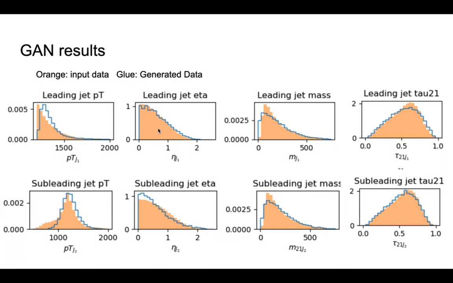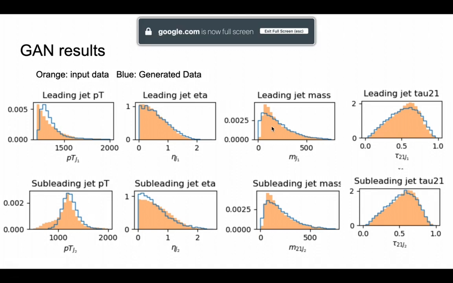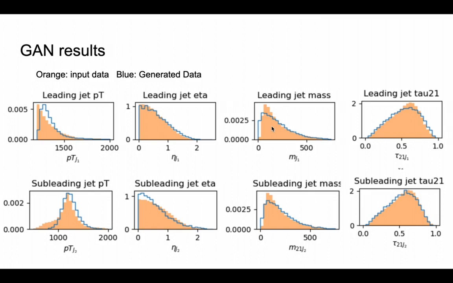The orange histograms are the input data for learning, and the blue histograms are the generated fake data. Overall, the generated data can describe the input data nicely. Of course, this is just a few epochs of operation. We expect the modeling between the fake data and the input data will be quite similar with a sufficient number